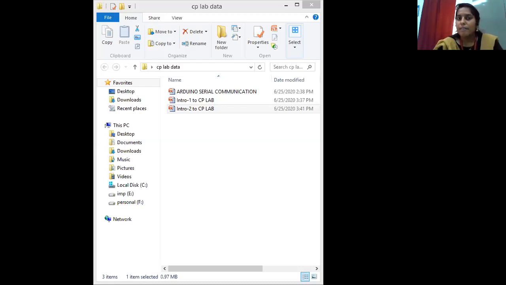And the software we are going to use is the Arduino IDE. Here we'll see how to write a program. We use two compulsory statements in every program: void setup and void loop. Void setup is used to initialize the begin statement, and void loop is used to repeat a set of statements repeatedly.